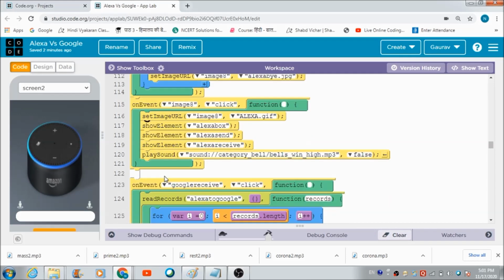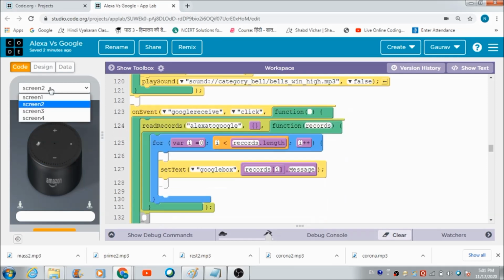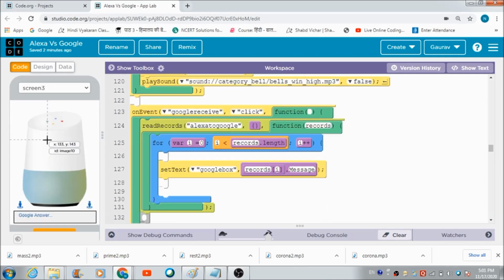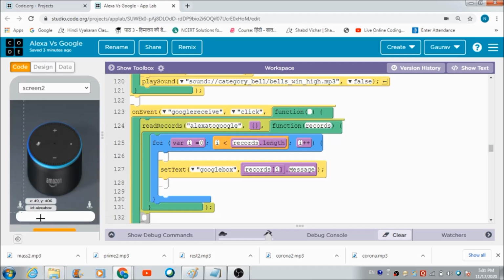Now let's check out how the user is going to receive the questions asked by Alexa on this Google Assistant screen. So we have got a button over here, the Google Receive button. When the user clicks on this button, automatically the records are going to get pulled up from this Alexa to Google table, which had got created when we fed the questions here on Alexa's panel.